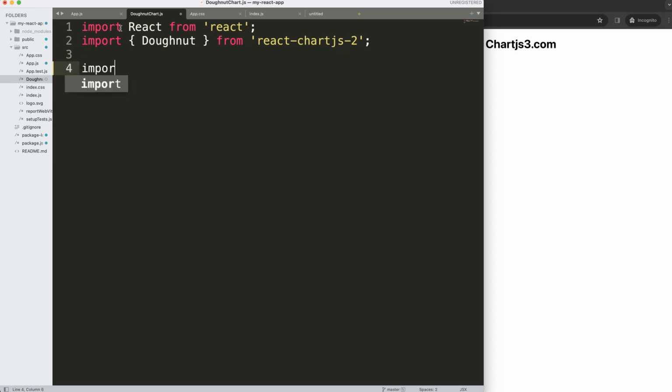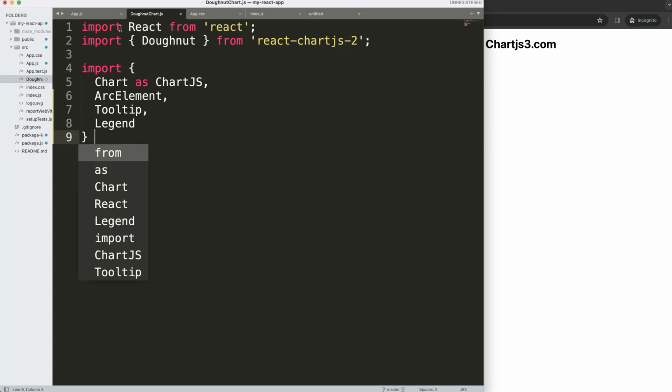Once we did that, we can start to import the specific components from ChartJS. So we're going to say import Chart as ChartJS, comma, then the arc element, and the reason why is because those are the shapes for the donut chart or pie chart. If we want the tooltip, we can put it in there. If we want the legend, we can add it in there, and I think that is more than enough. We don't need any scale here. So we're going to say from